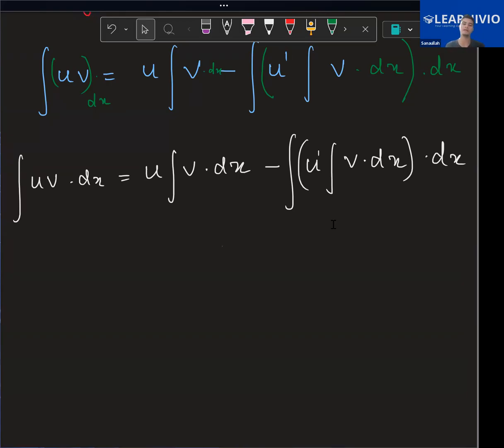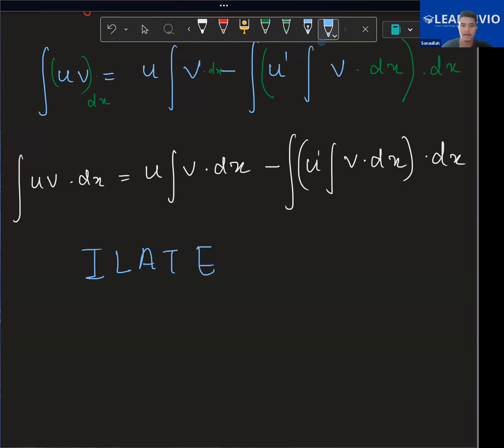Sir, इब्राहिम, ILATE rule. ILATE rule. ओके, Inverse trigo. Yeah. ILATE rule? कैसे? ILATE. ILATE. जी. क्या है? I know, inverse trigo, logarithmic, algebra. You are late,